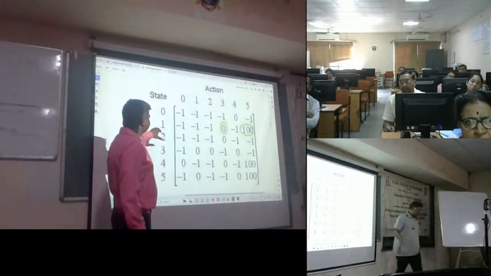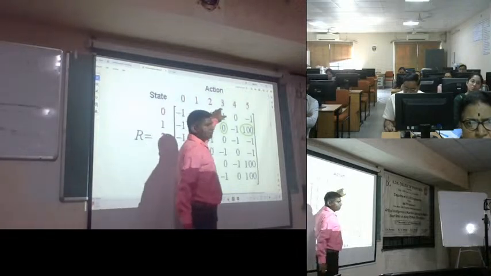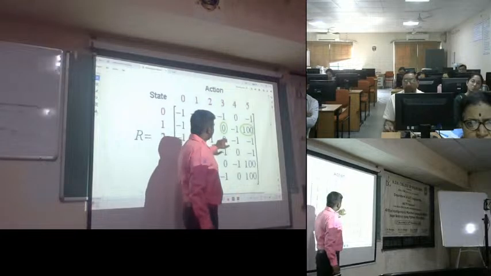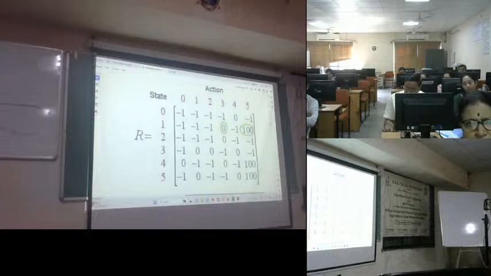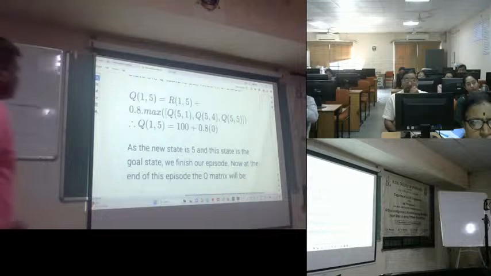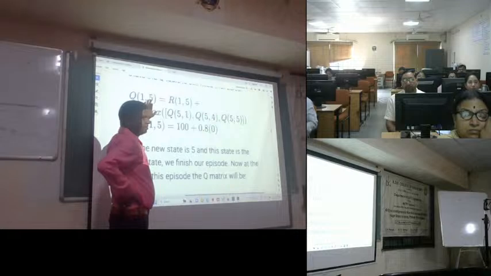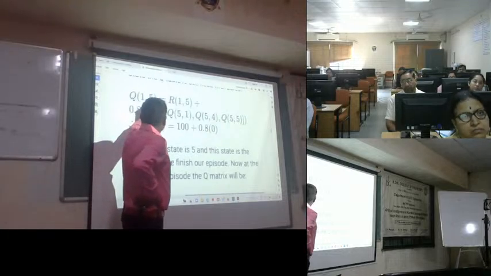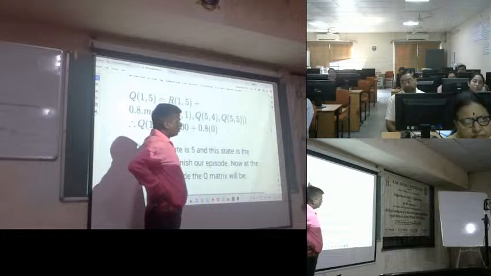So in that example, the agent is in the current state one, and he is taking action three. तो उसका वो रिवॉर्ड है, that is zero. Suppose the agent is in state one and he is taking action five, for example. तो उसको क्या मिलेगा? He will get reward, plus